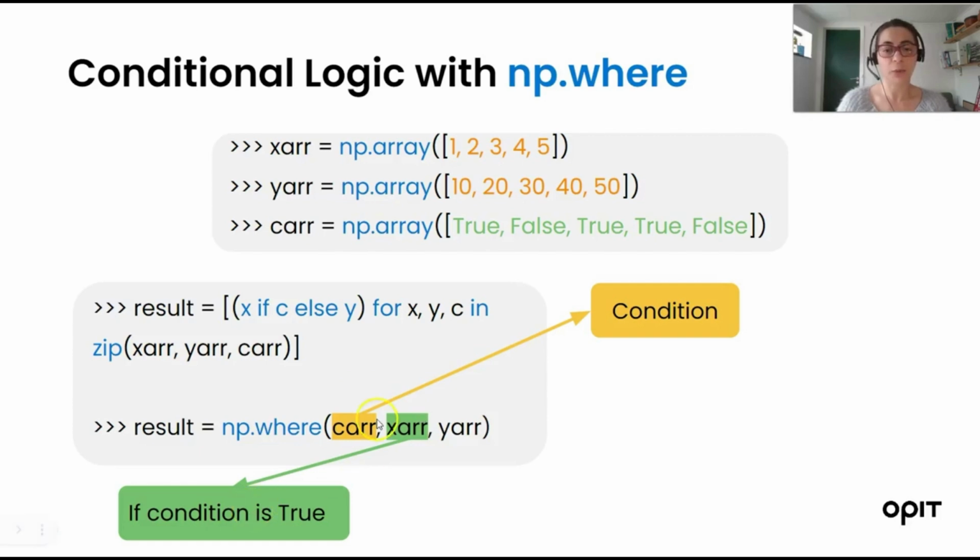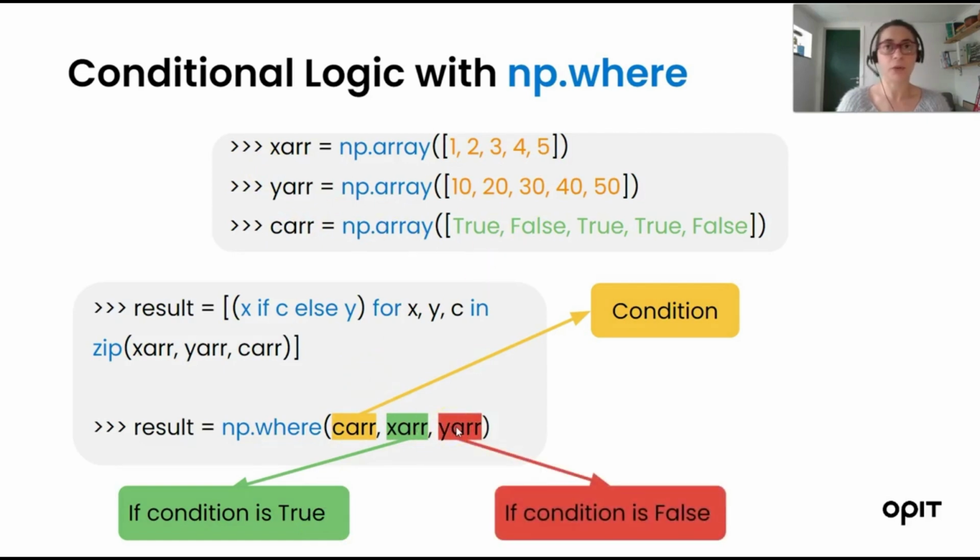So therefore here we give the X array, because it is its values that we wish to maintain if the condition holds. It is the values of the X array we wish to maintain wherever the condition array is true. And lastly, as a third argument, we specify what happens if the condition is not satisfied, in which case we pass the Y array for our example, as it is its values that we want to maintain